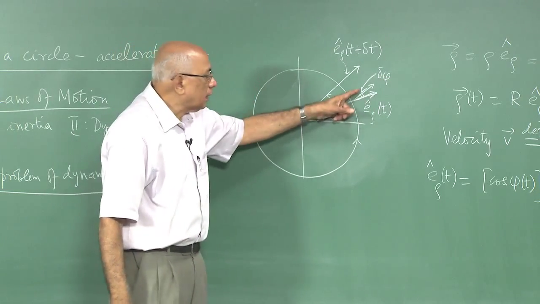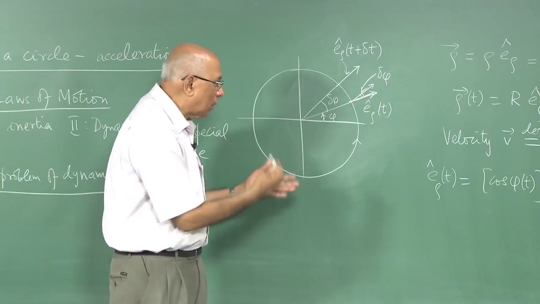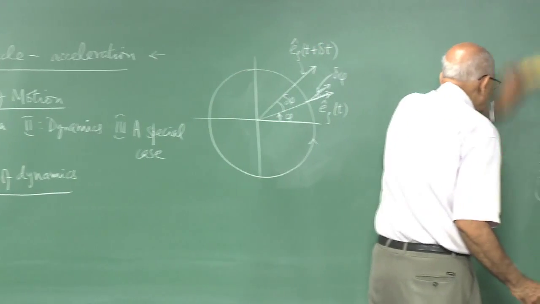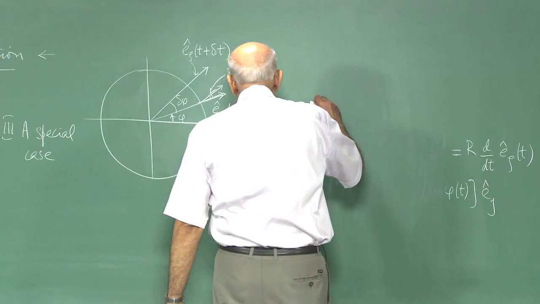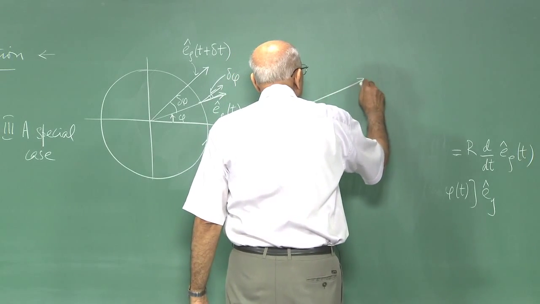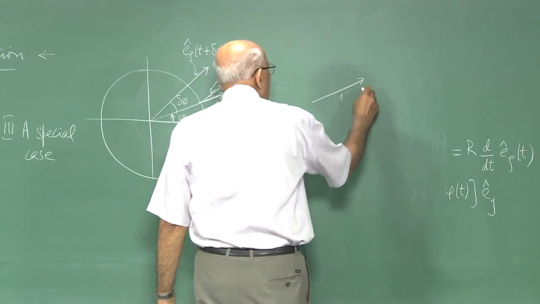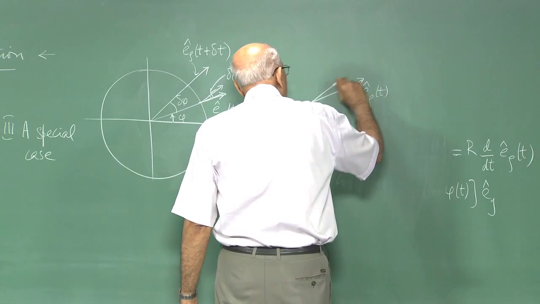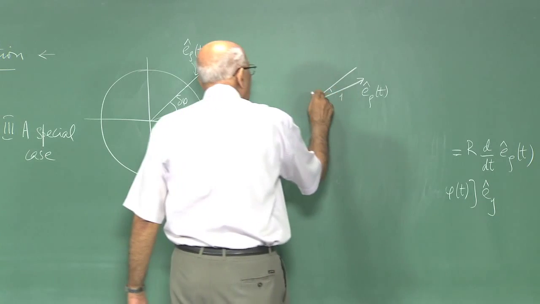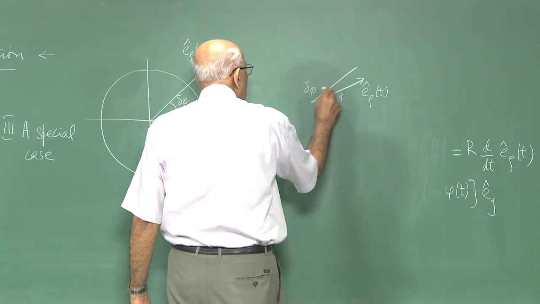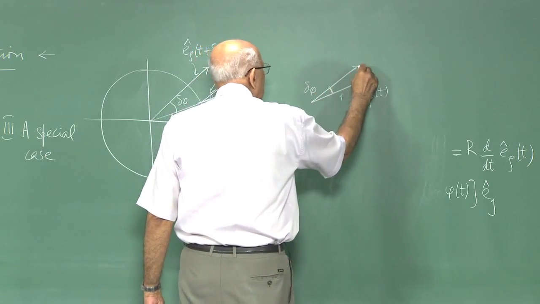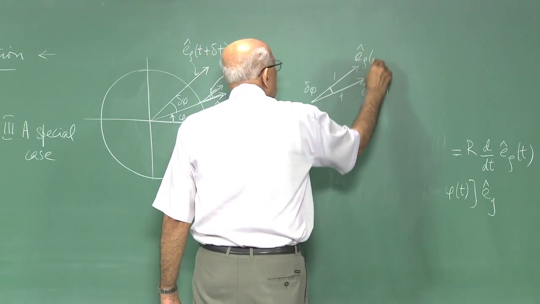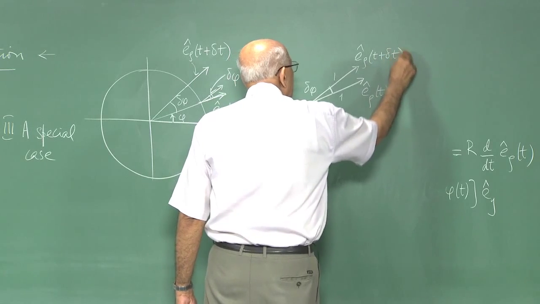And each of these vectors has unit magnitude. Now if I draw this figure in a little exaggerated way, things become clear. So you have unit magnitude E rho at time t, you have an angle delta phi between the two, that is this angle, another unit magnitude vector here, and this is E rho at t plus delta t,